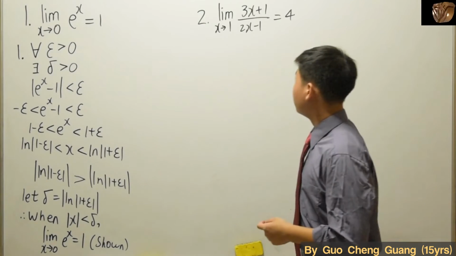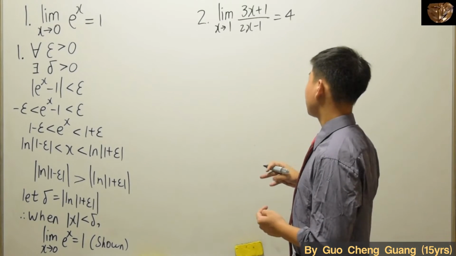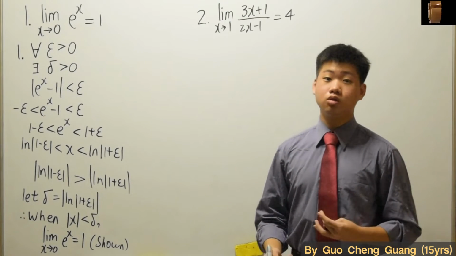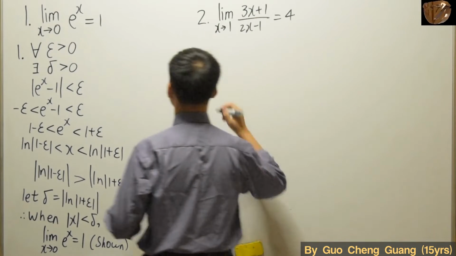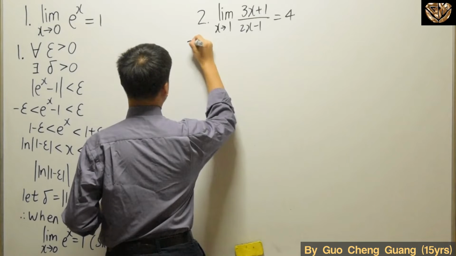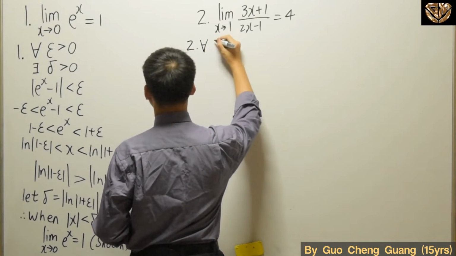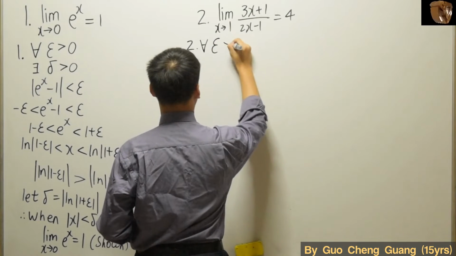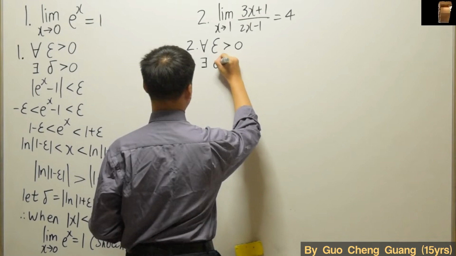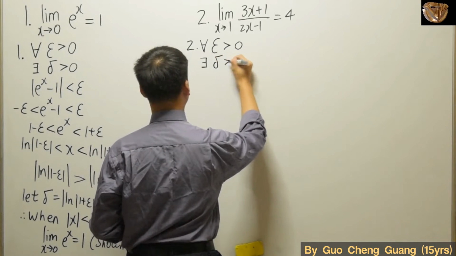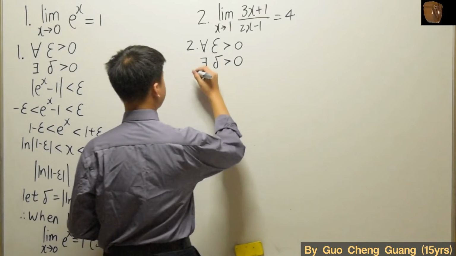Alright, in our second example, we have the limit as x approaches 1 of (3x + 1)/(2x - 1) is equal to 4. So this is pretty easy to solve, but let's get proving. Again, given epsilon greater than 0, there would exist a delta that is also greater than 0. So first things first,